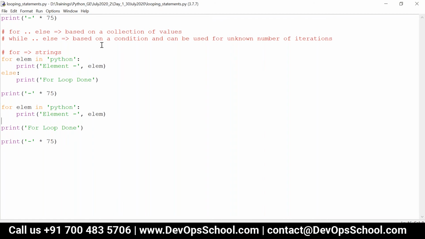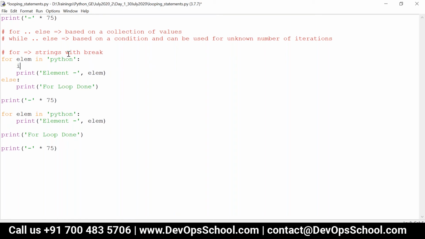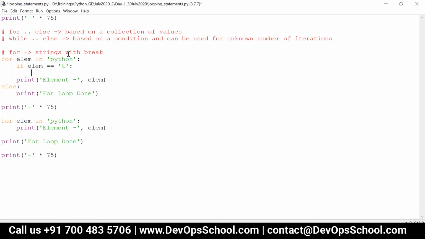So consider I am giving something, okay? I'm giving some condition inside for loop, like if element is equal to t, just break it. I'm also including the same condition here. If element is equal to t, break it.